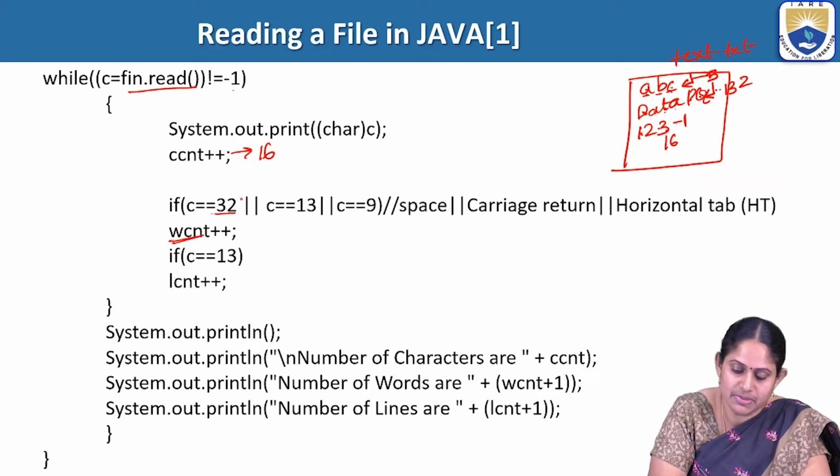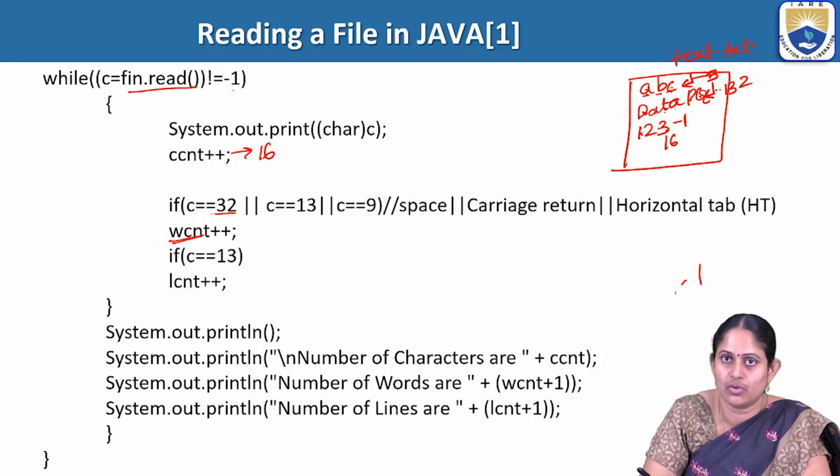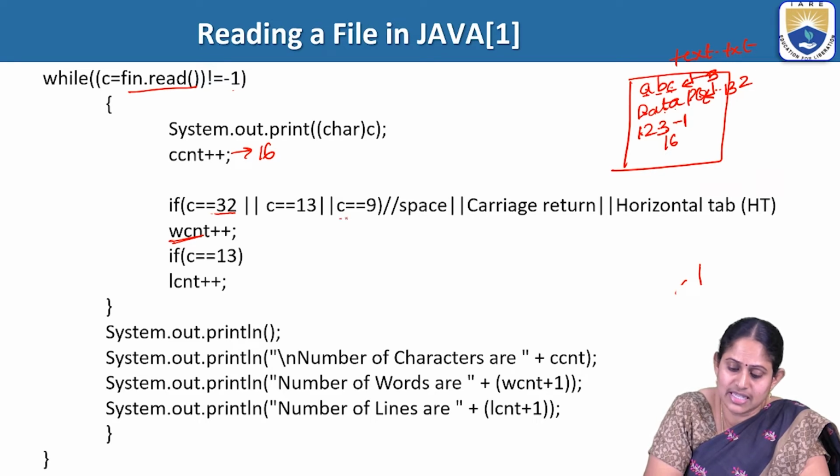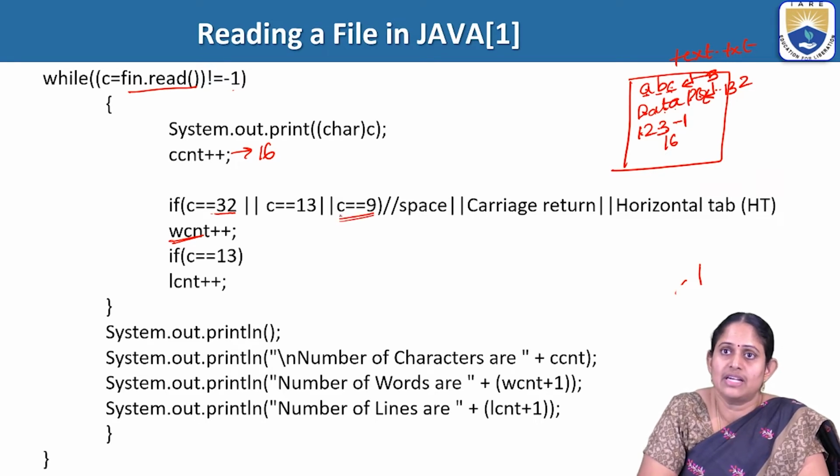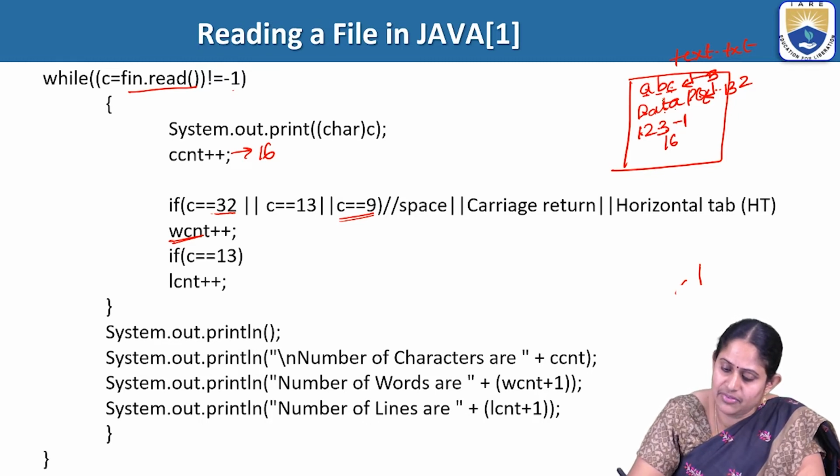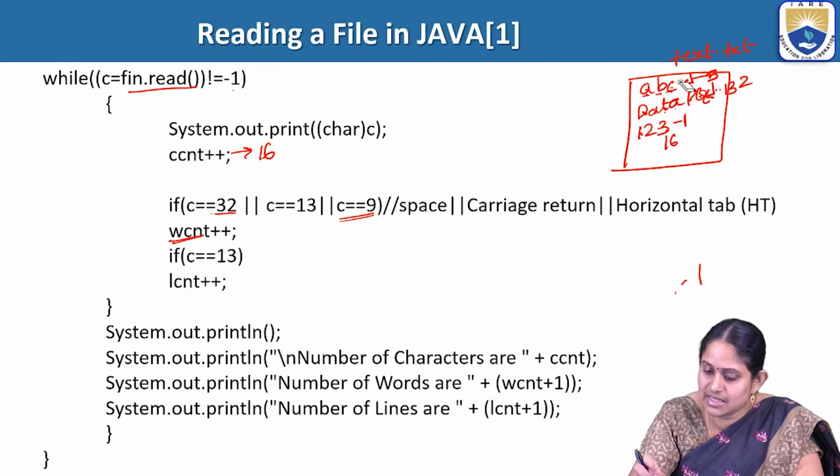there is a space between any 2 characters, or whether we press enter, so it goes to a new line. It may again read a character, and also whether there is any horizontal tab between these characters. So in case, let's say,